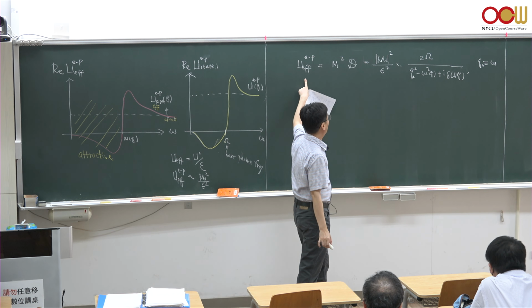Which means that we could take advantage of the Callium relation, the relation from the Callium approximation, and use that to simplify the expression. Remember the renormalized phonon frequency omega q squared is given by the plasma frequency capital omega squared divided by epsilon. Then we take the static and long wavelength limit to simplify this even further. So we get this,